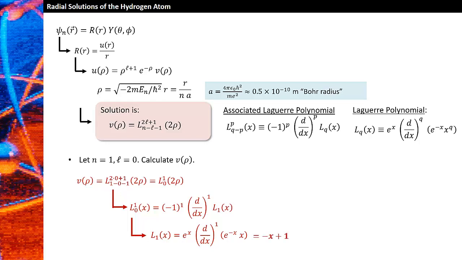So if we do this derivative, it turns out we get minus x plus 1. You should double check that. Do that calculation yourself to make sure you get minus x plus 1 here. And now we can plug that minus x plus 1 in for L1 of x in the step right above this